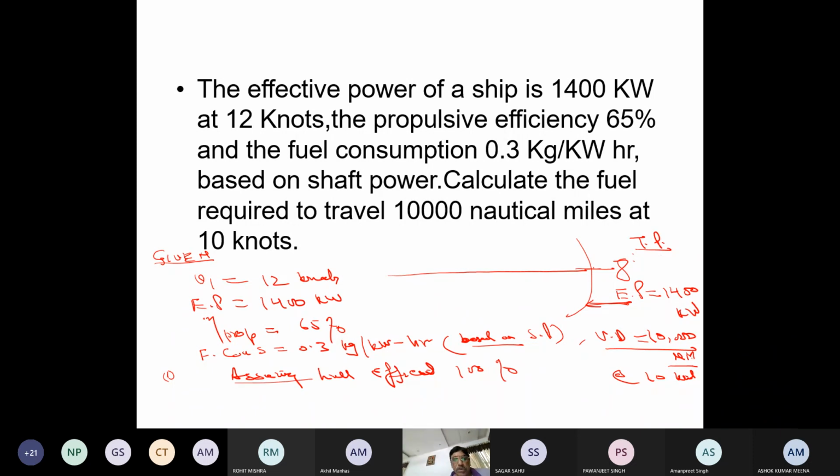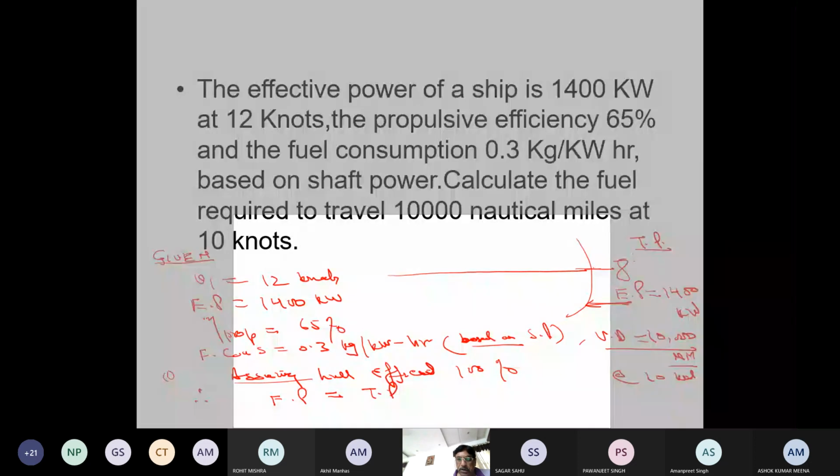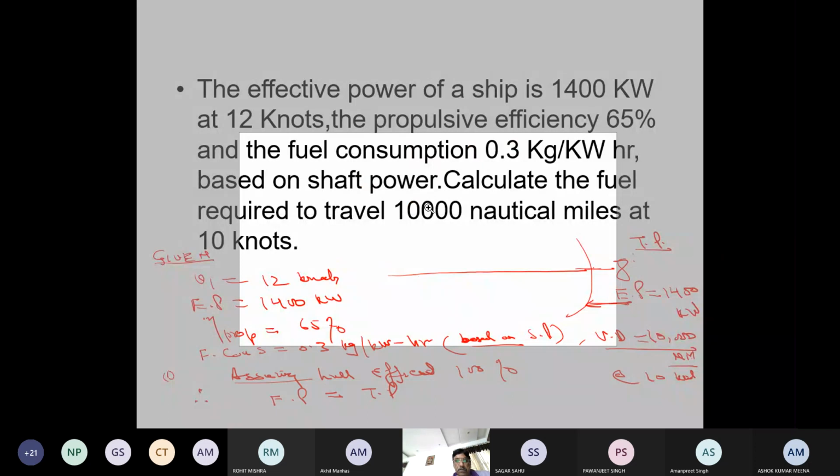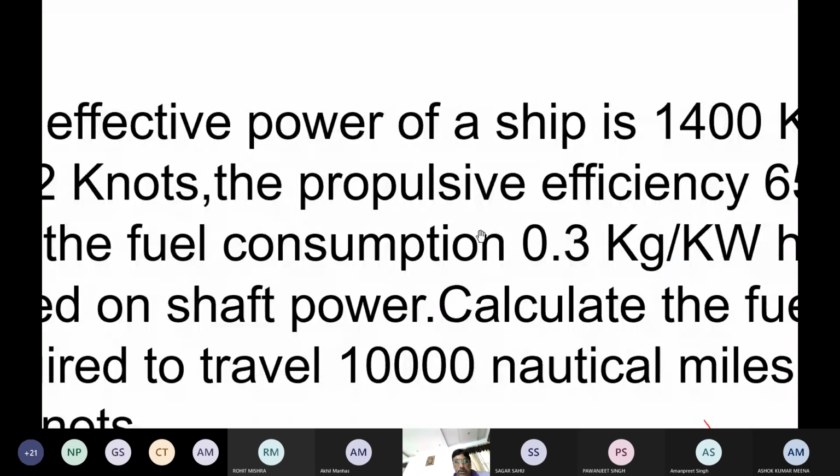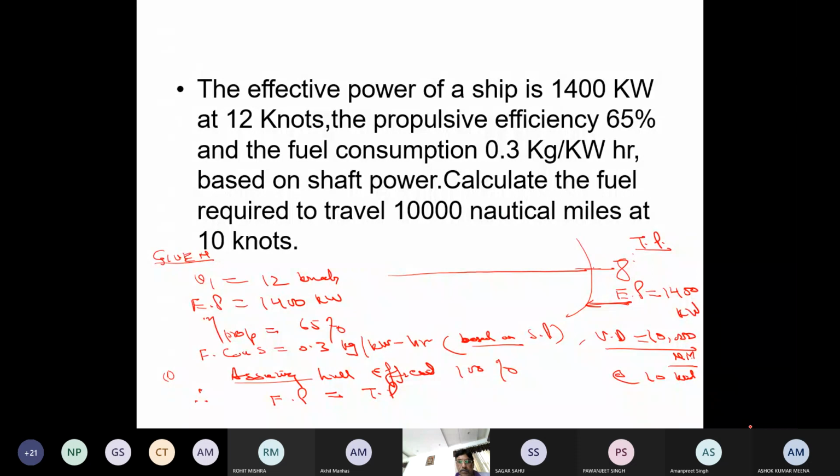If my hull efficiency is 100%, that means no hull losses. क्योंकि दिया नहीं है इसलिए मैं निकाल ही नहीं सकता उसको। Therefore, effective power is equal to thrust power. पहली चीज तो ये हमने कर ली।